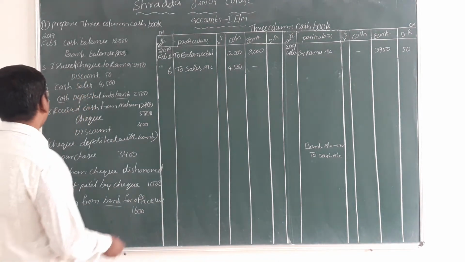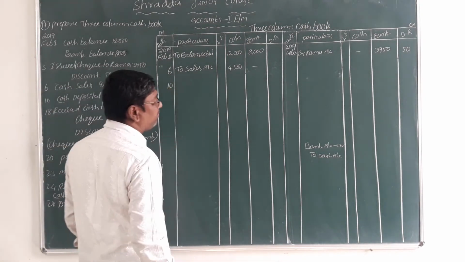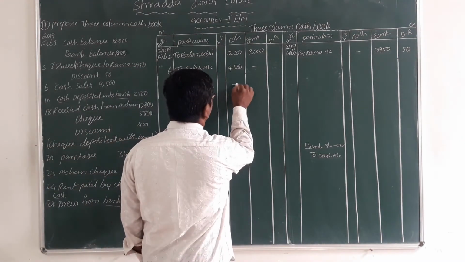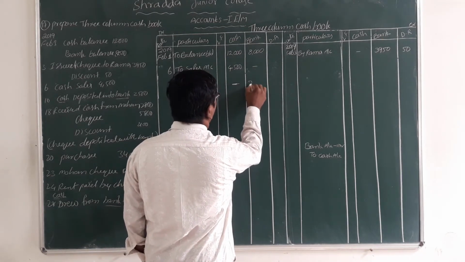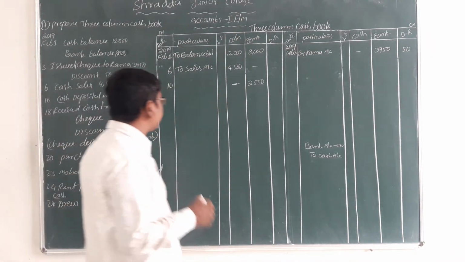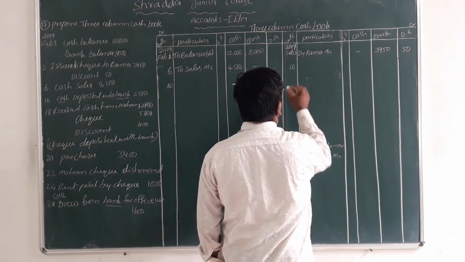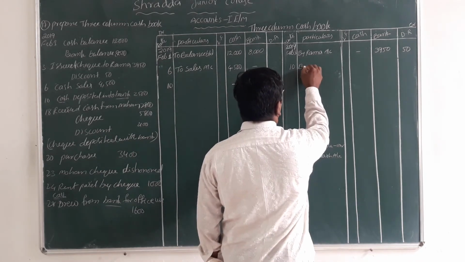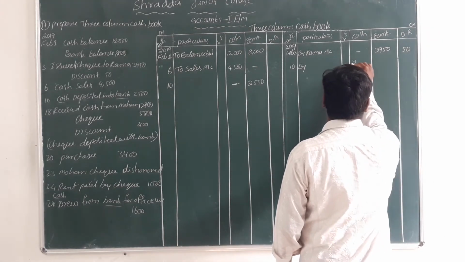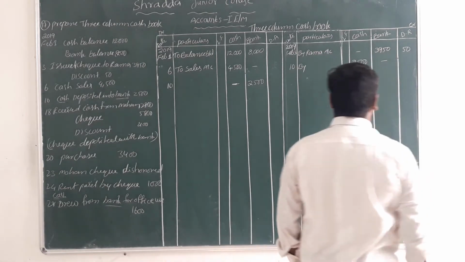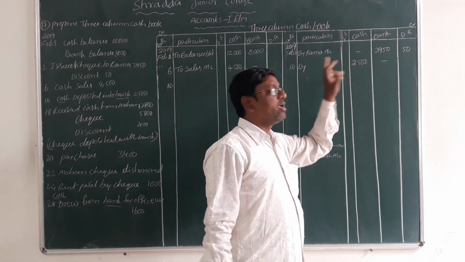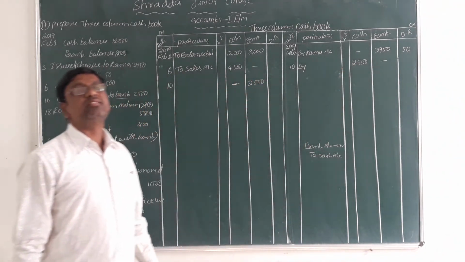That's why we record on the 10th date. For bank we write the amount here, 2,500, on the debit side in the bank column. On the same date, 10th date, on the credit side, cash is credit now. In the cash column you write 2,500. Okay now, bank is debit and cash is credit. Cash is giving, bank is receiving.